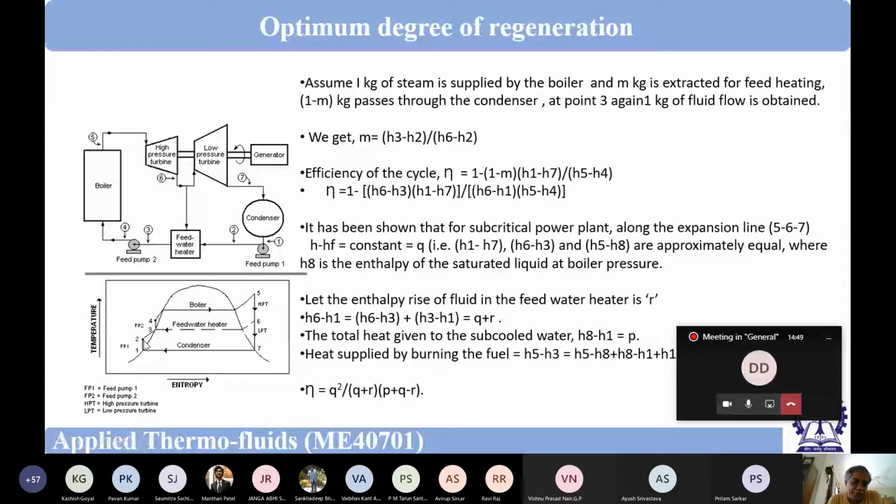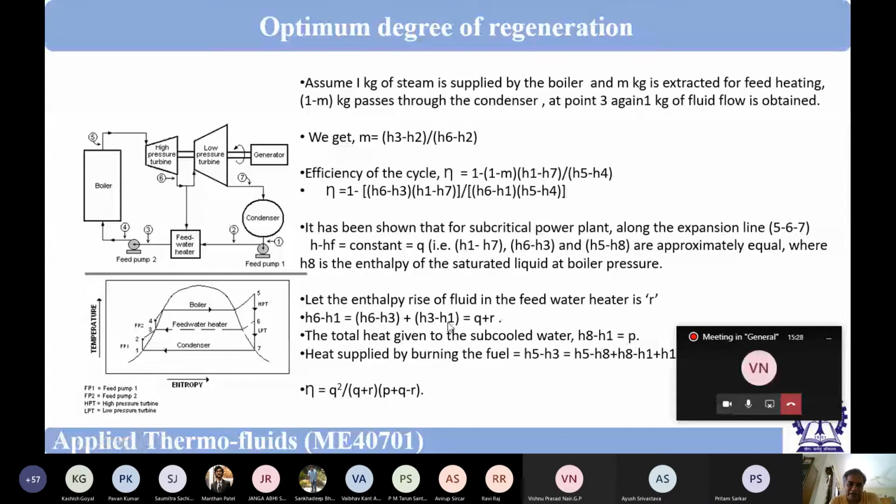If we neglect the pump work, which is very small, H2 is equal to H1 and H4 is equal to H3. To show the pump work I have shown it, but the points are so close. We have seen that pump work is very less, so H4 can be taken as equal to H3, and H2 can be taken as equal to H1. So R is then H3 minus H2, that is equal to H3 minus H1.